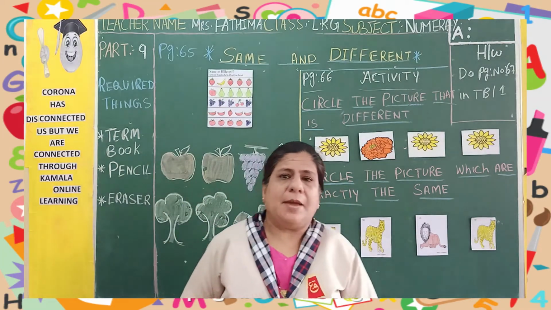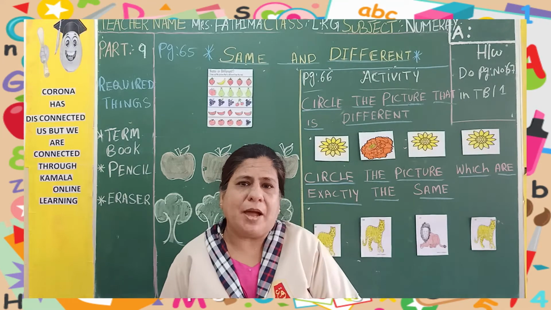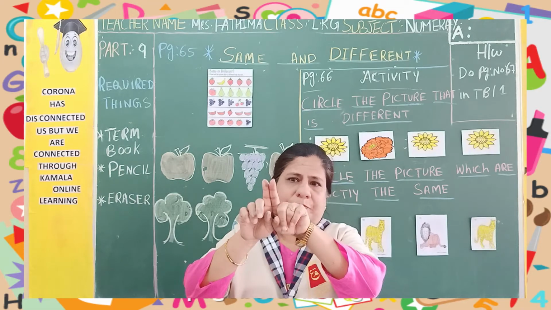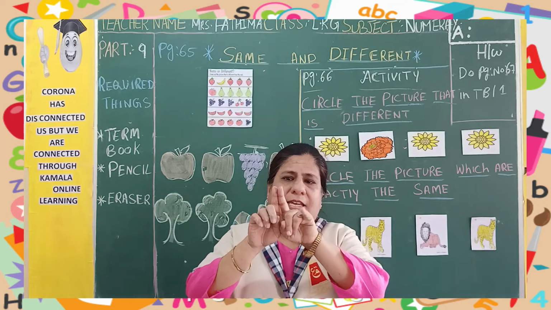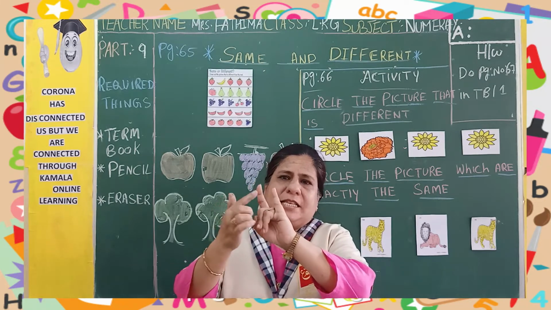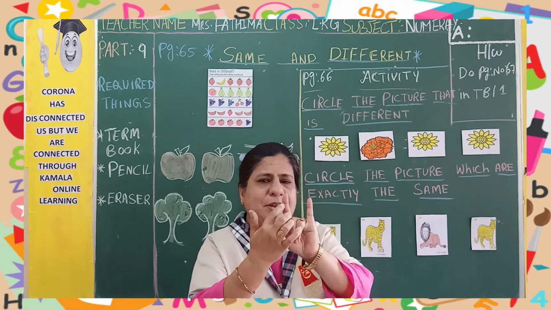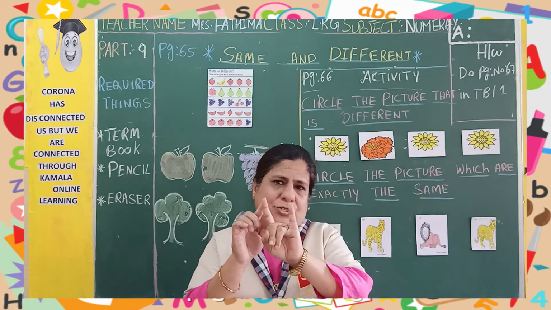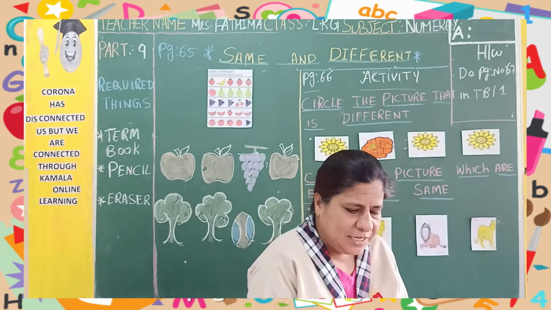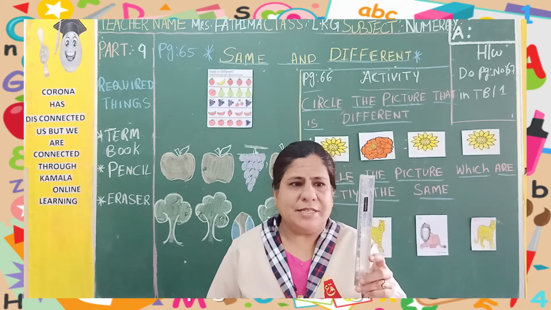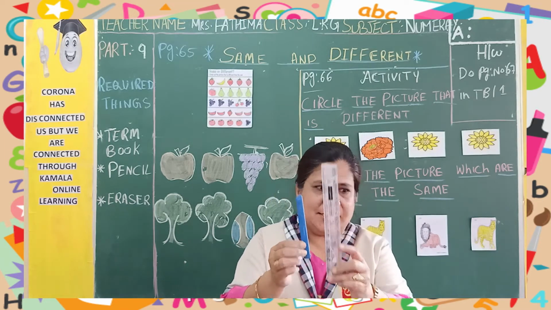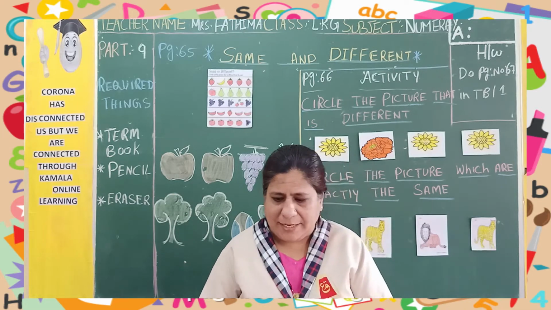Same and different. Our topic is same and different. Same means, see, these two fingers are same. Okay? Same fingers. This finger is big, this finger is small now. Difference is there in between these two fingers. This finger is tall. This finger is short. You can see the difference now? Okay. See, different means, this is a white color, this is a blue color. Different colors. Yes? We say different colors. Like this, we are learning the same and the different.